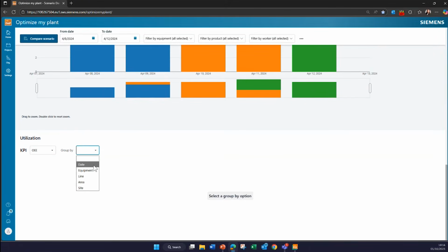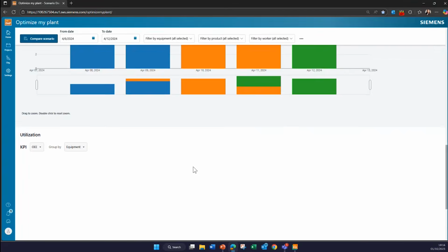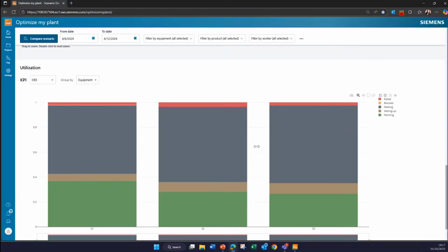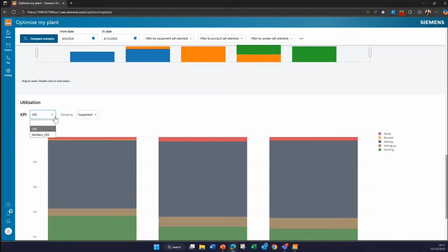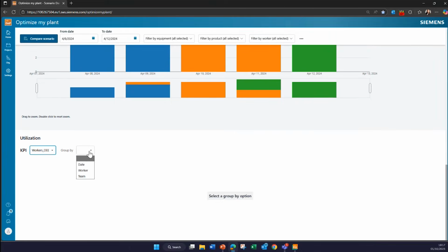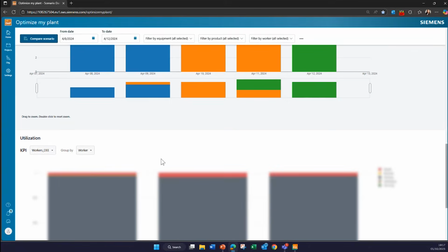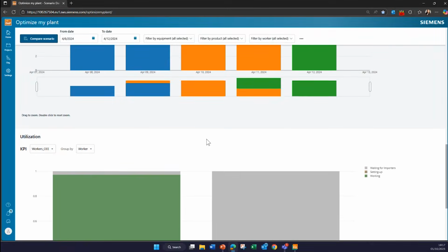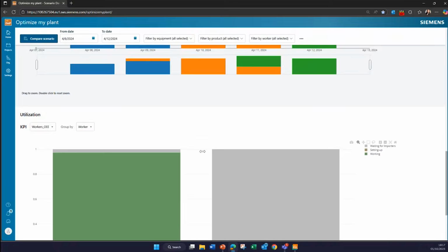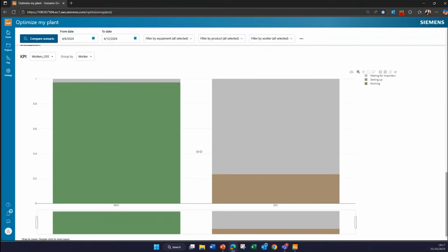Here you can have a detailed utilization chart for your different equipment and also the worker utilization, and thus analyze the different results. Here, for example, I can easily see that my worker is overloaded.